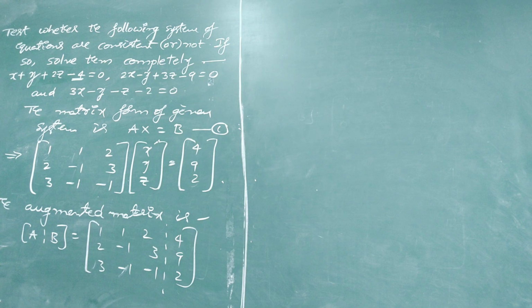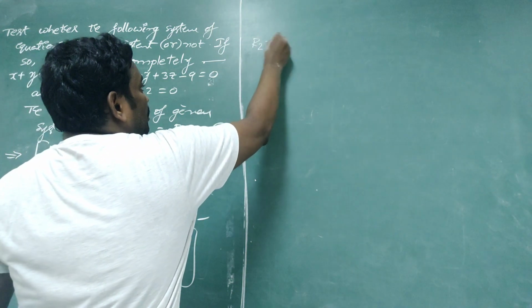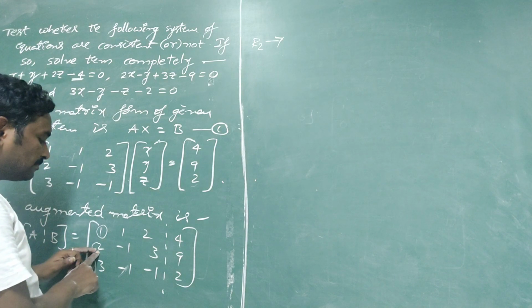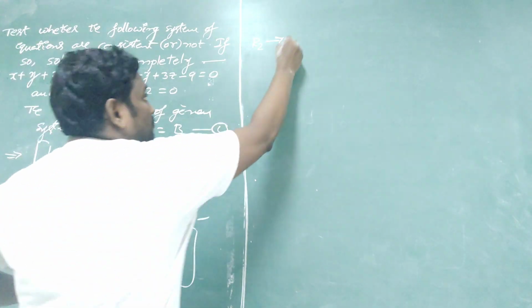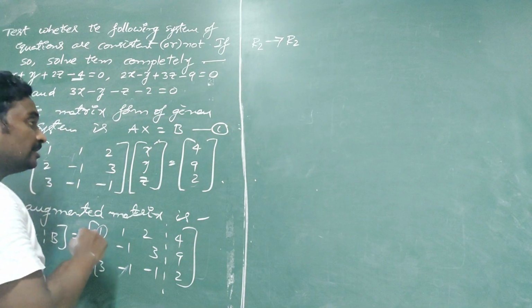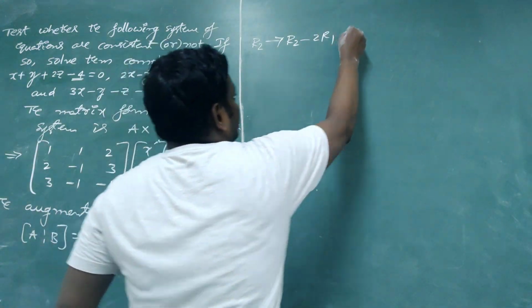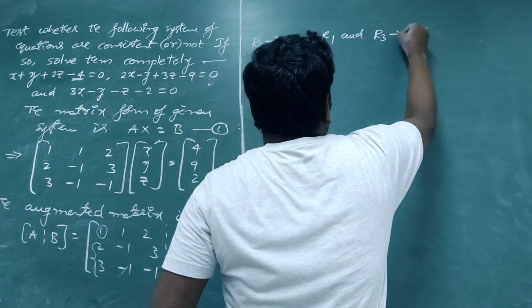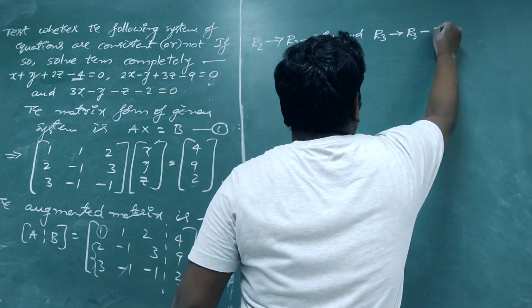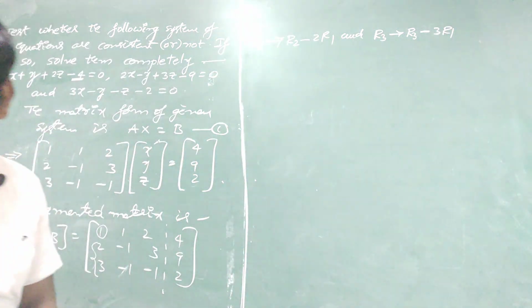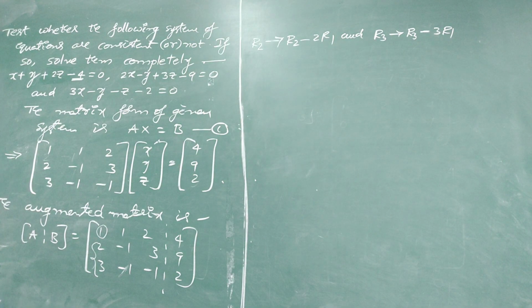So it is enough to find out the rank of AB by reducing it to echelon form. To get the echelon form, we have to apply only row operations, don't apply column operations. Very important thing. So by using the first element, we have to reduce the below two elements to 0. For that purpose, I am using only row operations. R2: to make this element 0, we have to subtract R2 and 2R1. And what about R3? R3 minus 3R1. Already you are all very familiar with writing row operations.